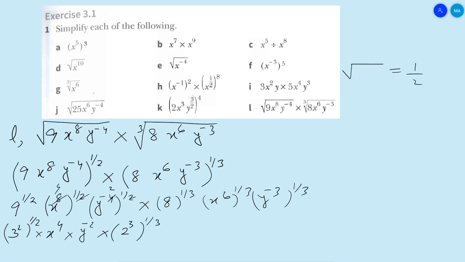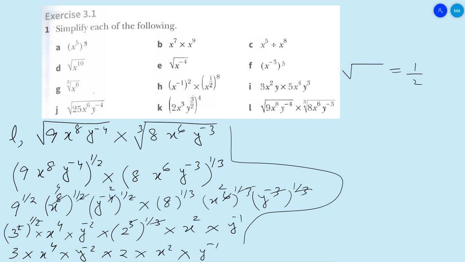Why? Because we want to cancel this 3 by 3. 2 to the power 3 is 8 because 2 into 2 into 2: 2 to the 4, 4 to the 8. Multiply. This 3 cancels by this 6, so it is x2, and this 3 cancels by this 3, it is y minus 1. Now this 2 cancels by this 2. The answer is 3 into x4 into y minus 2 into, this 3 cancels by 3, only 2 into x2 into y minus 1.